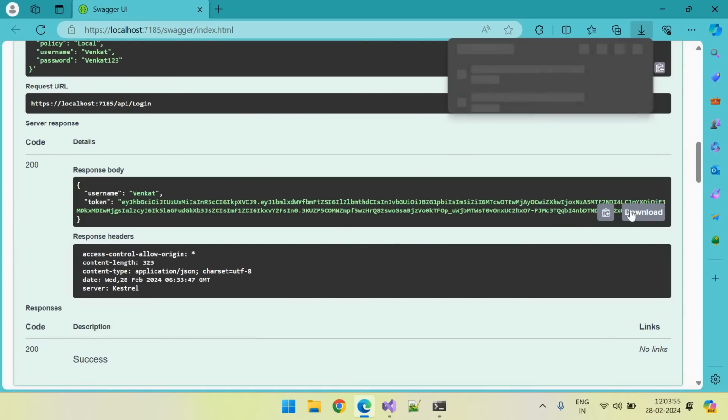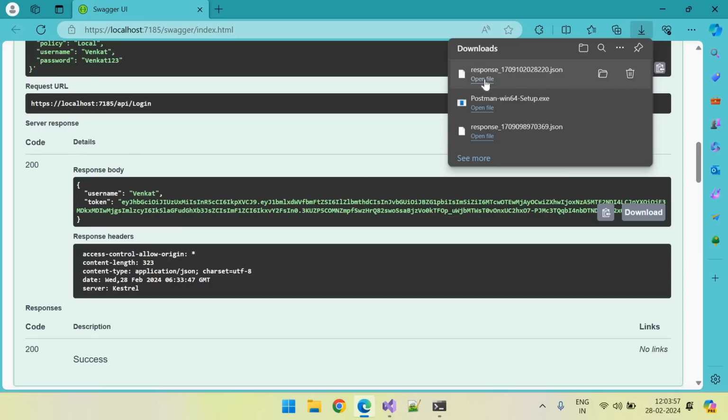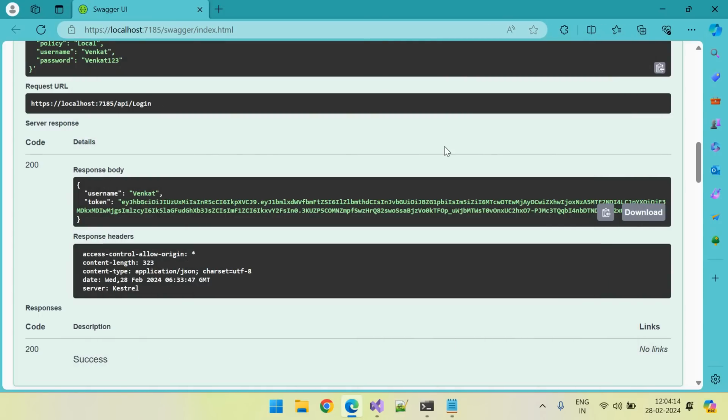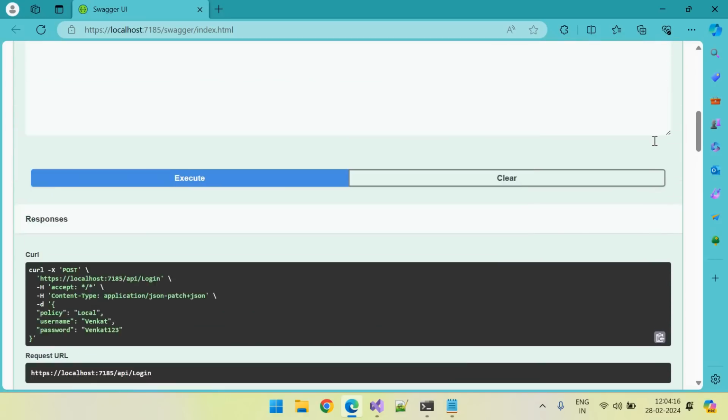Okay, download this, open the file. So let's use the notepad to open it. So this is the token. Let me copy this token. So I have copied the token now. Okay, so let's go to